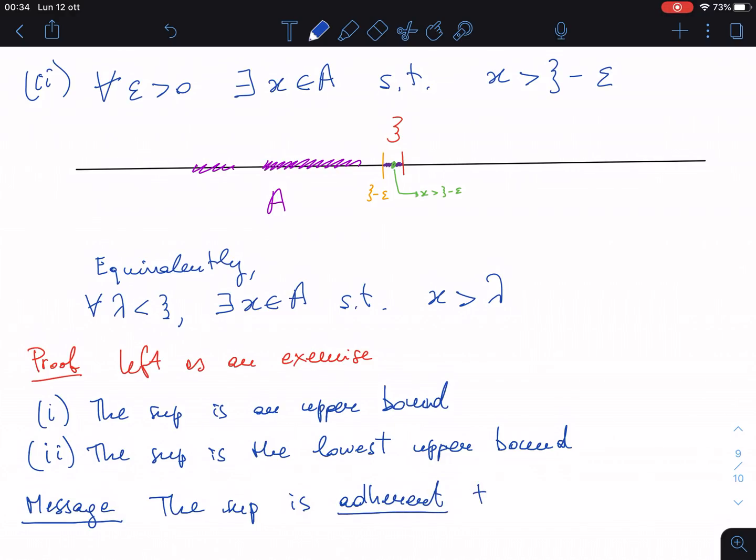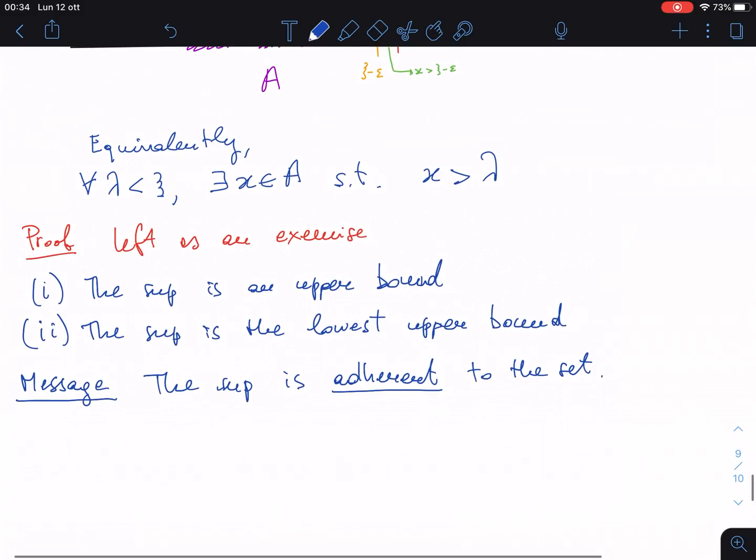To the set. So this is the main fact. And what does adherent mean? It means that